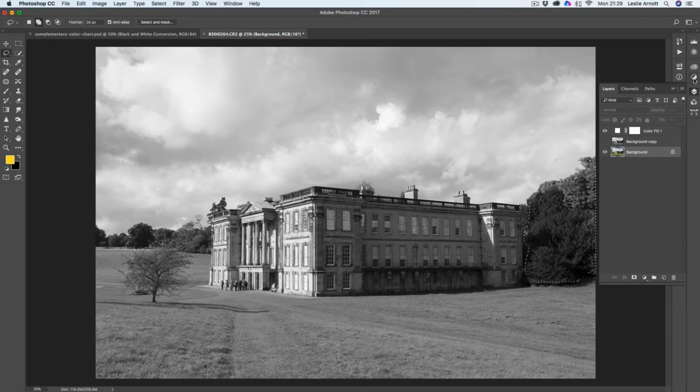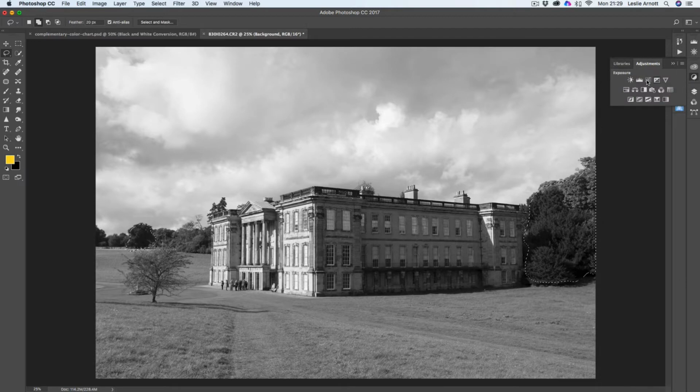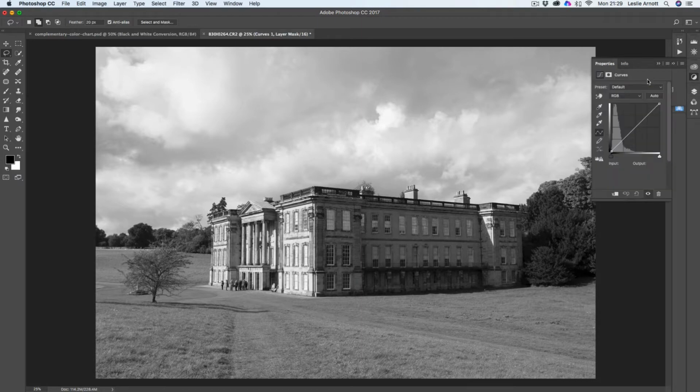And I'm just going to go to the adjustments. We'll go to curves. Now, I don't want to affect all of the image, so what I'm going to do is just to select the greens. So where we've got RGB there, I'll go to green. And now I'm just in just the greens, and if we look on the right hand side and this side,